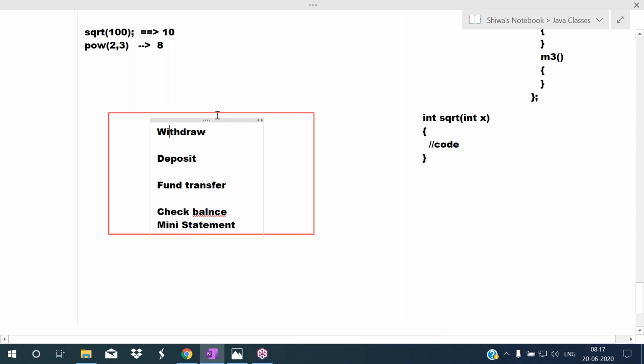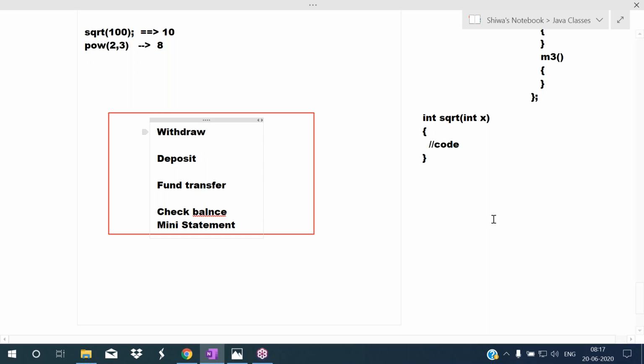Like that, they made our task easier. Finally, what does the customer want? The customer wants to withdraw the money. For that, they have written complex code, and they are providing only the essential details to us. We simply click on the withdraw button, enter the amount when it asks, and the machine gives the money. So this is nothing but abstraction.